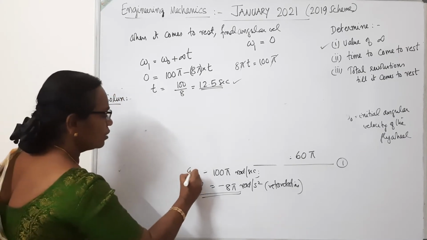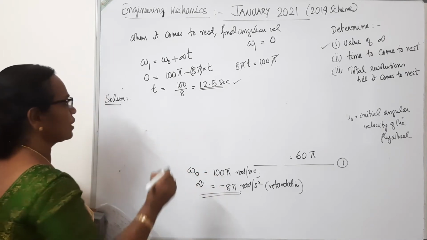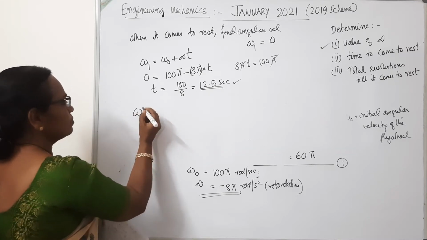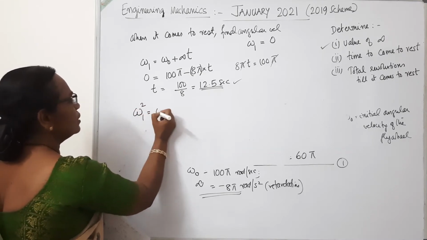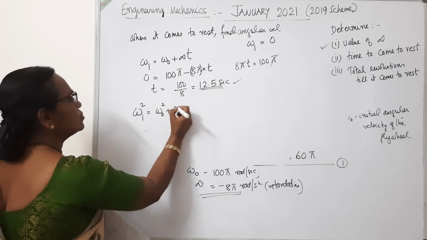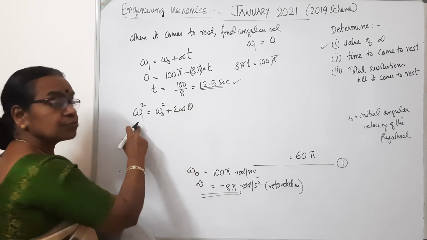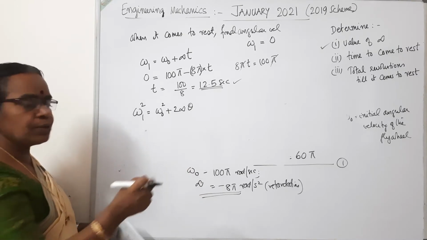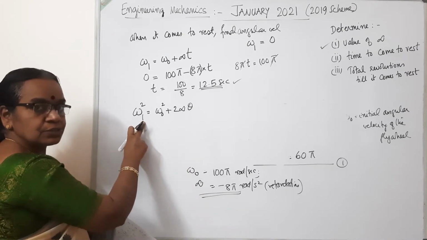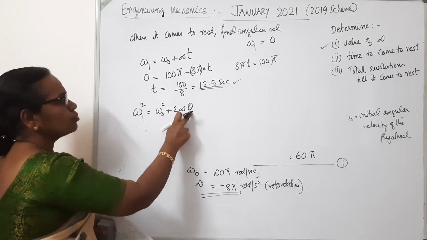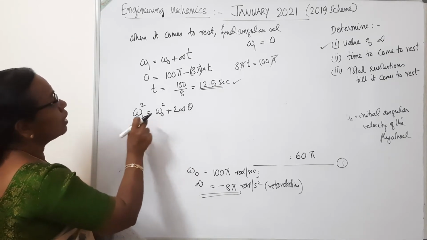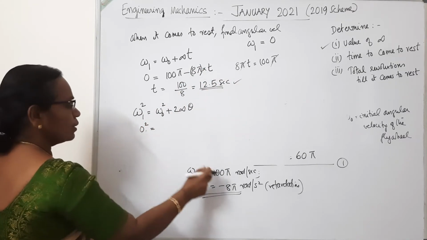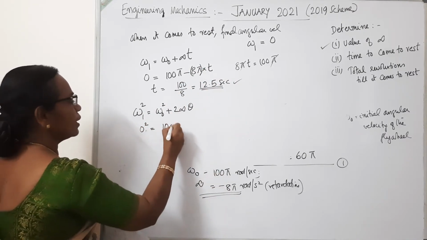So initial velocity we have 100 pi radians per second. We have the relation connecting the velocities and displacement: omega 1 square is equal to omega 0 square plus 2 alpha theta. Similar to v square is equal to u square plus 2as. You remember that equation? Substituting here, omega 1, the final velocity, is 0. Omega 0, the initial velocity, is 100 pi